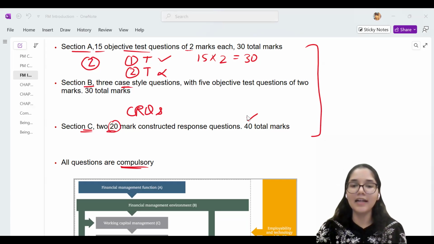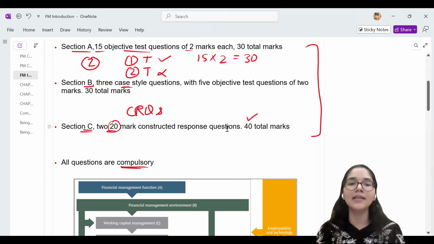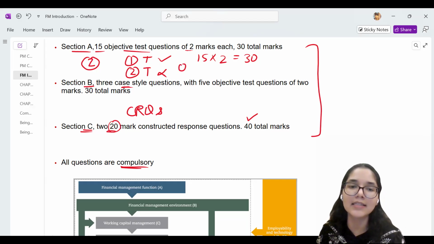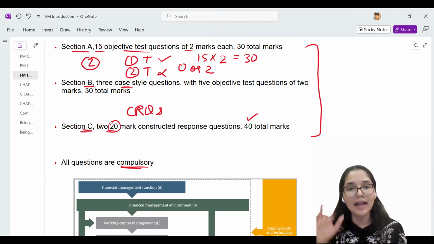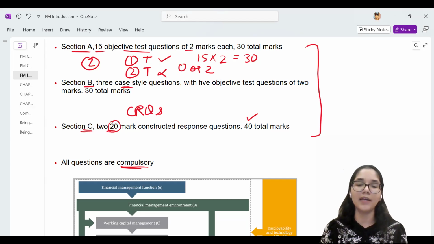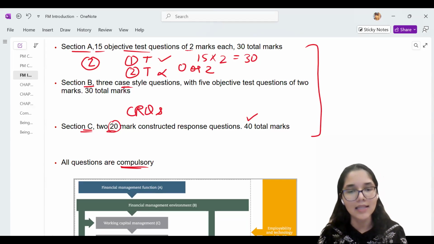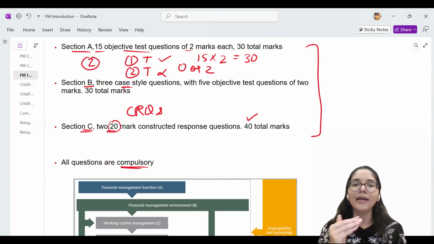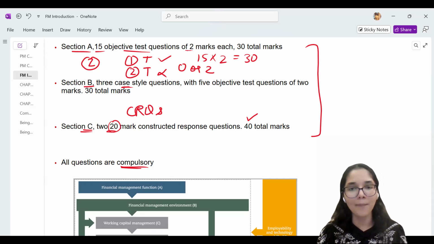Zero. Absolutely correct, Manya. So even if one out of the two is correct, still you end up getting zero because it is either two or zero in your actual exam. So you have to get both of the answers correct. Only then the full marks will be given to you. Even if you get partial correct answers, 0 marks are awarded for the partially correct answers. So this is how the marking scheme primarily works. This is the structure of your paper, and the nature of the questions is that they are all compulsory.